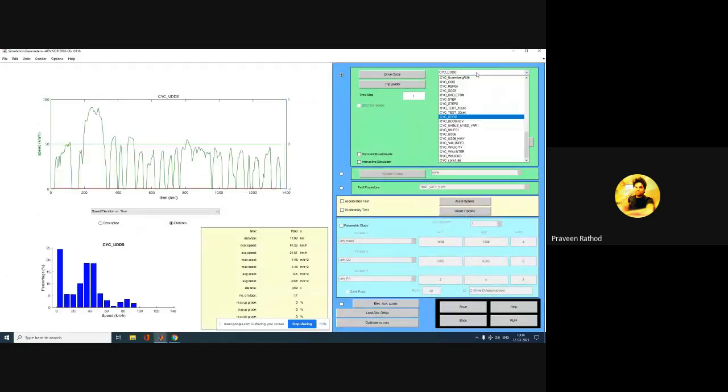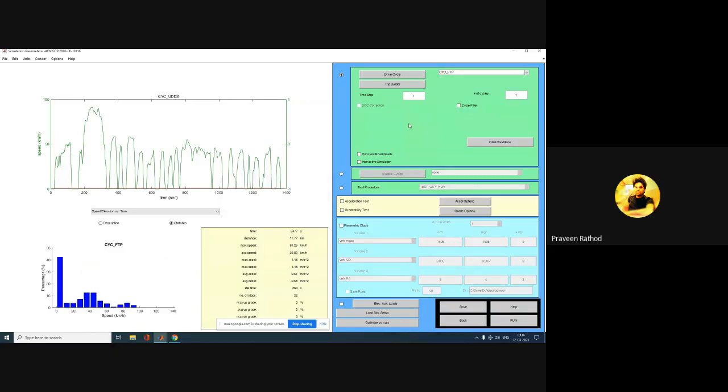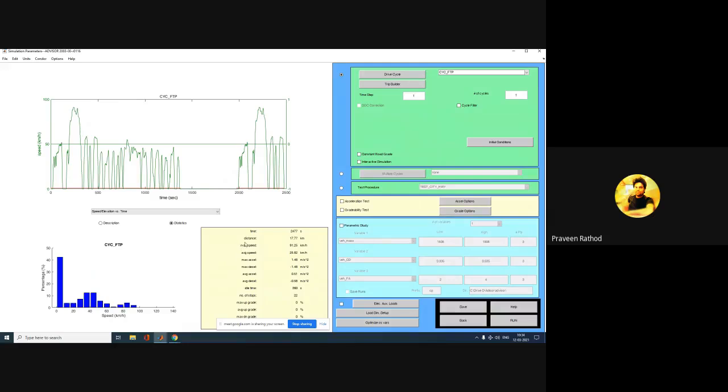Here I'm going to take the FTP cycle. You know what the FTP cycle is: the distance covered by one cycle using this FTP. You can see frequent start and stop. This cycle is basically used for urban driving, that is, city driving, because you can see speed versus time. You can see frequent start and stop in this graph. Time is constant for this